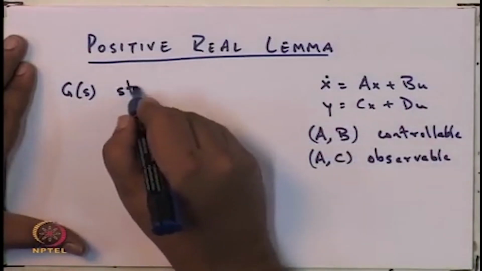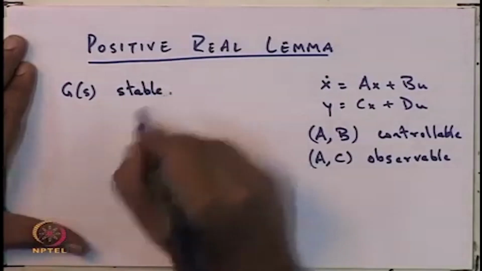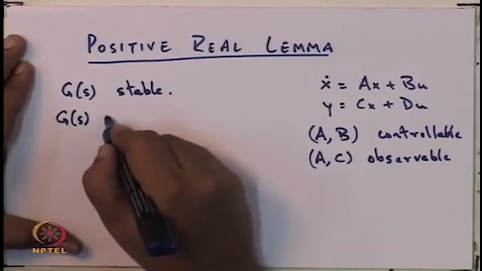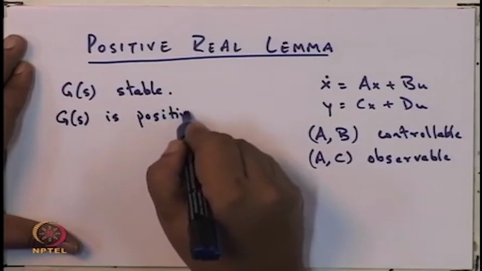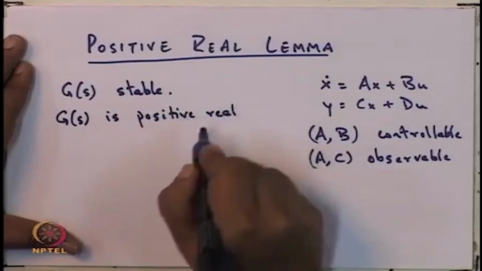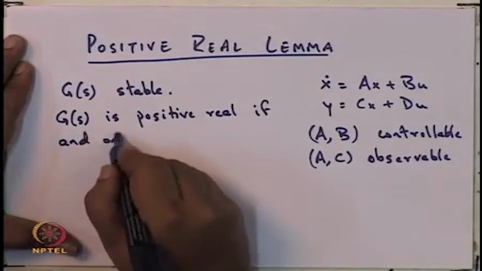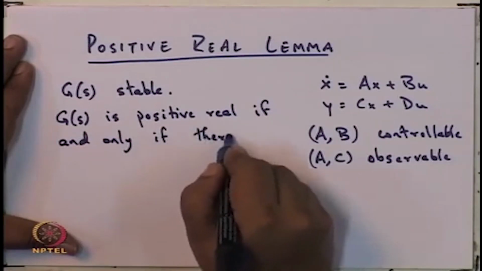So G(s) is stable. Then the statement says that G(s) is positive real if and only if there exists